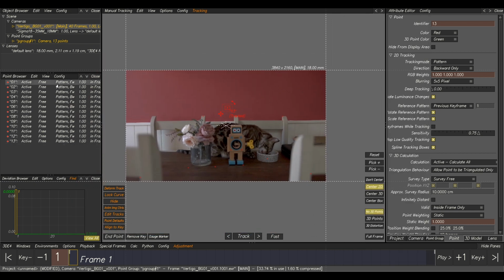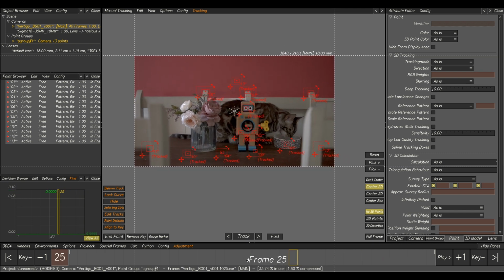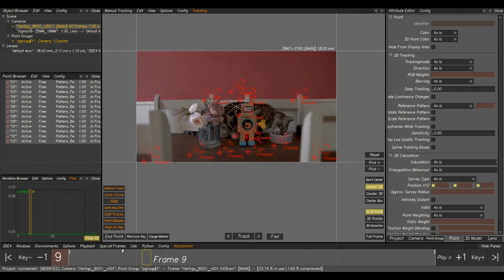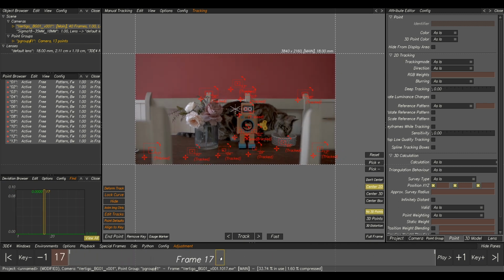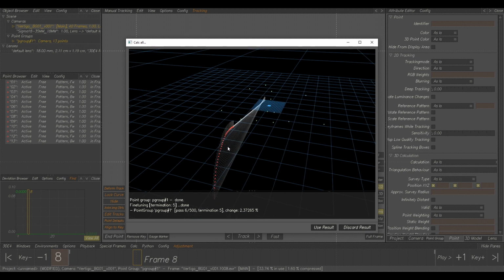Let's select all our points and have a look at our spread. So we've got some good foreground ones, and we've got enough on the background, I think. We can track more up here, but these are going to be our most accurate points, and we've got some foreground. Most important is going to be these foreground points. So if we just solve this and see what it does,